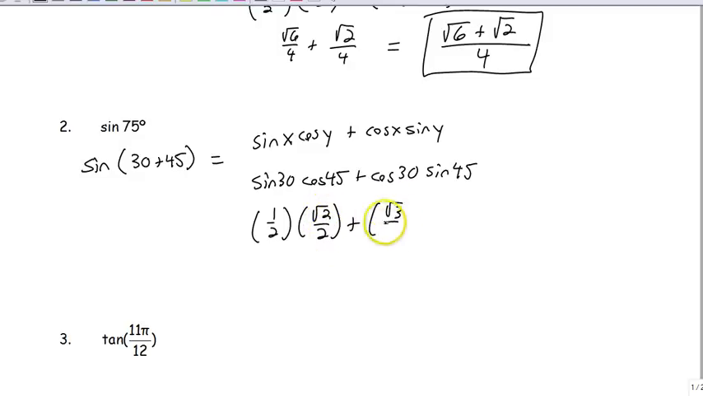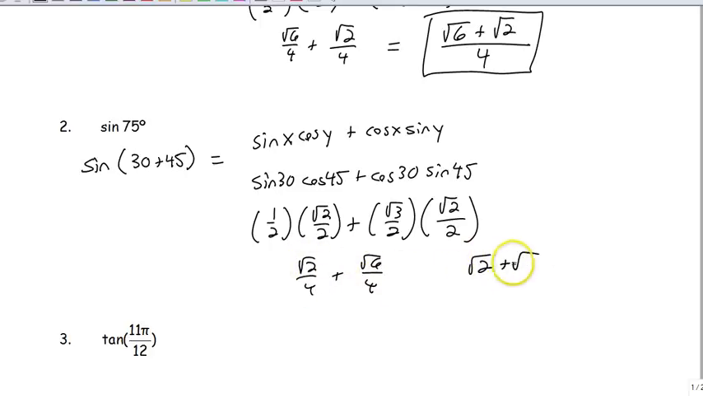This was root 3 over 2. You guys, again, should just know these, and if you don't, I would recommend looking back in your Trig Chapter 1 packets to that chart we made on the day of our unit circle. And when you multiply out, you get the same thing. You get root 2 and root 6 over 4, because you get a root 2 over 4 and a root 6 over 4, and so you get root 2 plus root 6 over 4,